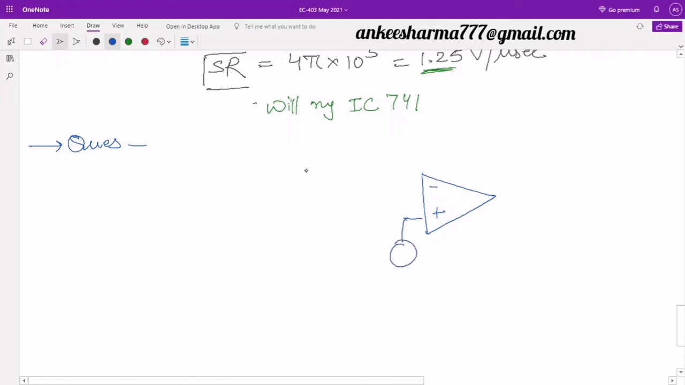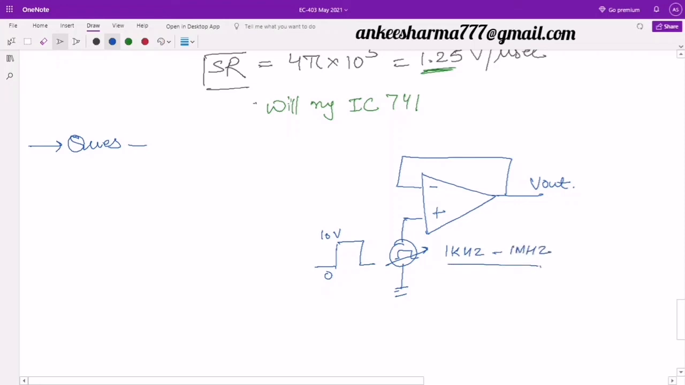We have already studied this concept of voltage follower, right? We discussed it in the previous lecture. So I guess you can all understand this diagram. I am applying an input voltage over here of a 0 to 10 volts square signal, and let this frequency range be from 1 kilohertz to 1 megahertz. This is the frequency range of this square signal. So what we need to do here is find the frequency of the signal,